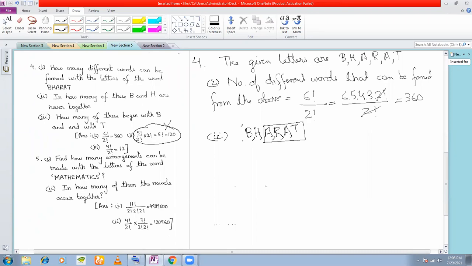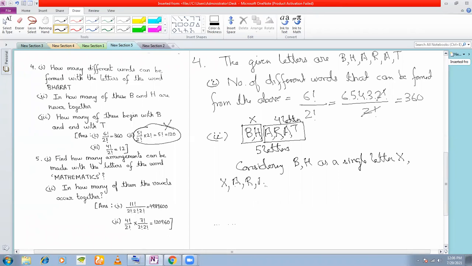This is one unit, another unit. These are 4 letters. I consider B and H as a single letter X. So how many total number of letters now? 4 plus 1, 5 letters, right? So considering BH as a single unit, as a single letter, let's say, X, X, A, R, A, T can be arranged